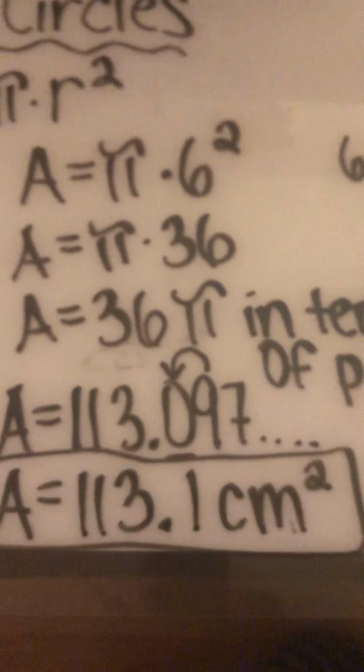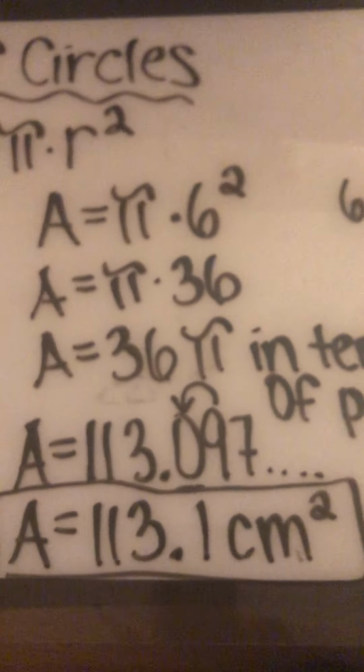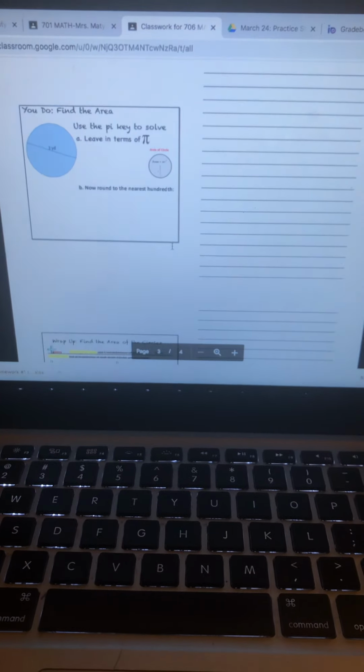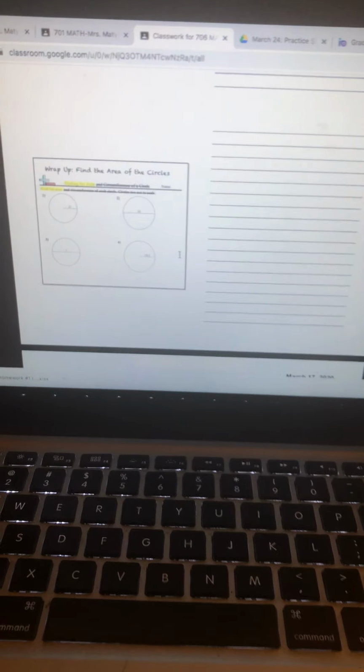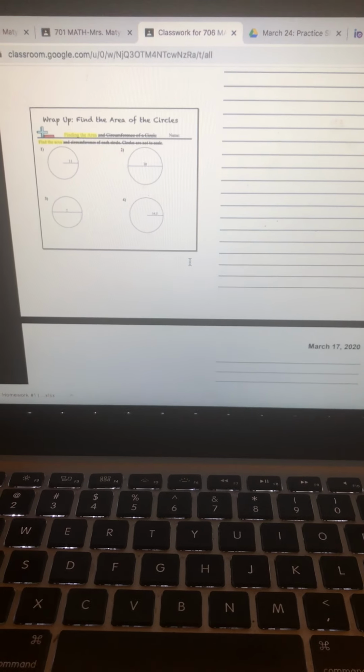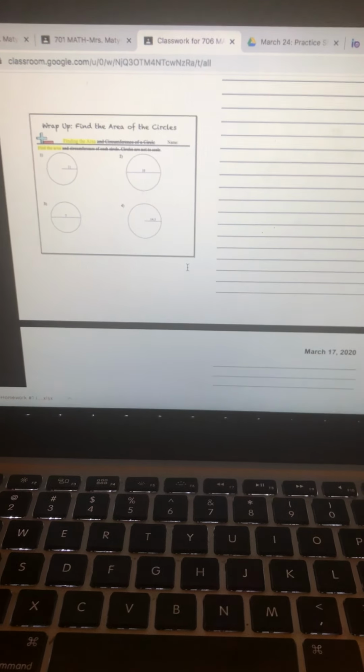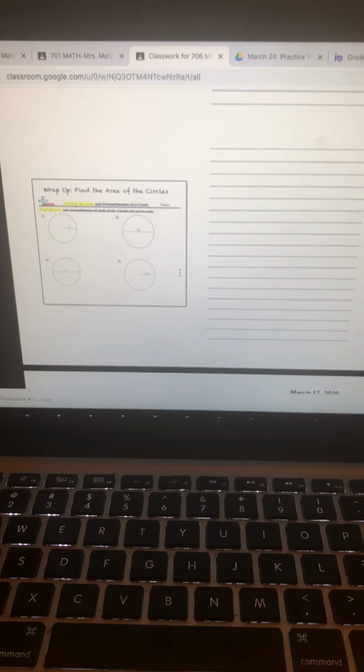Okay, so that's it modeled for you. You're going to go through the lesson. The rest of the lesson I'll show you. Okay, there is a you-do for you to practice. There's 4 additional problems for you to practice on your own. And then what you'll do is you'll go back